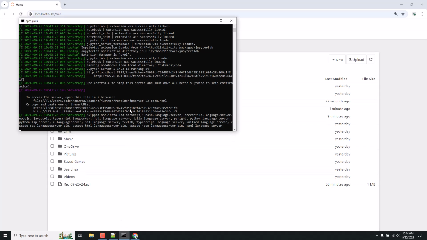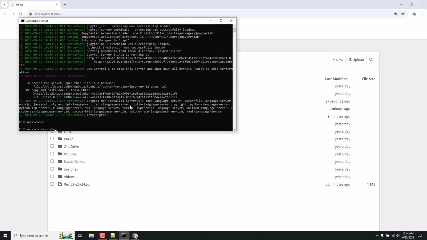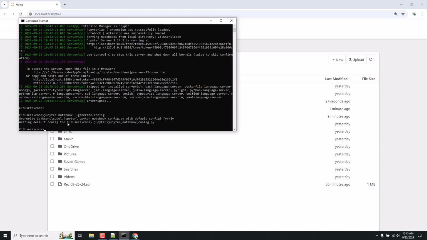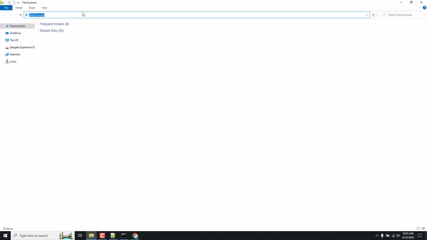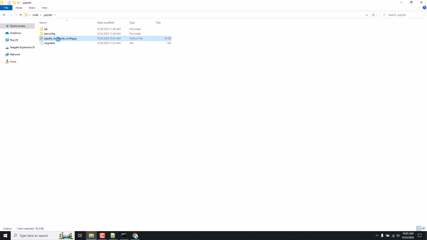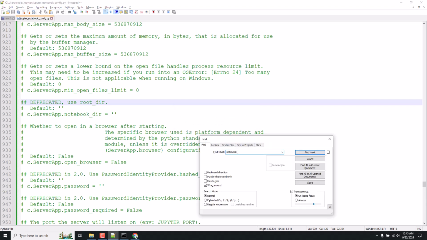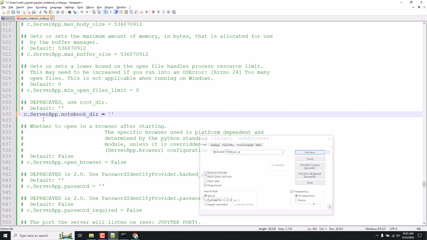First of all, you need to go to CMD and use this command generate config. Now open this path, edit this file and search for notebook underscore directory. Here what you need to do is just uncomment this line,